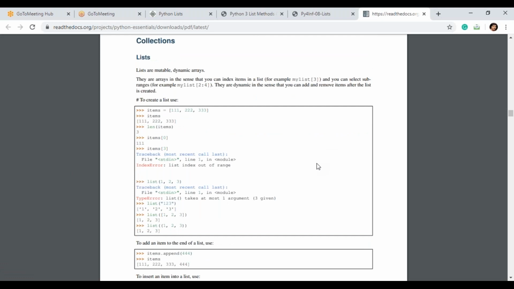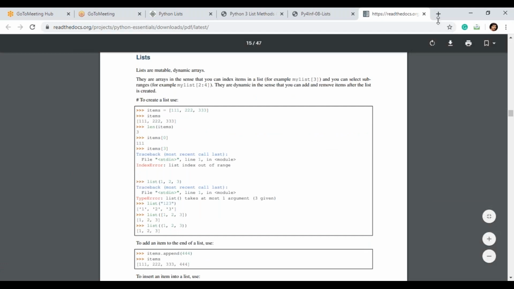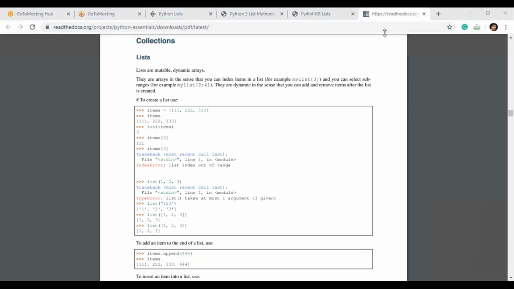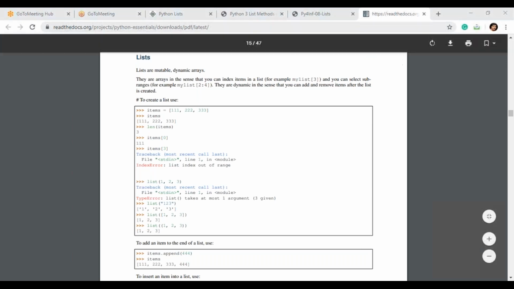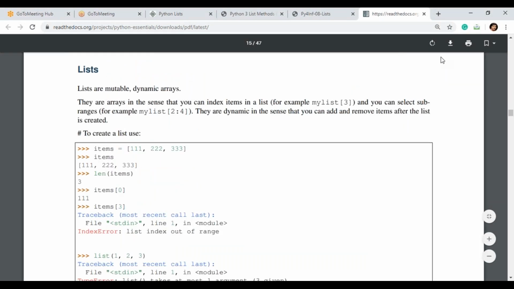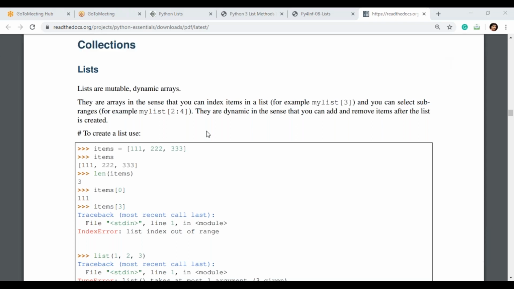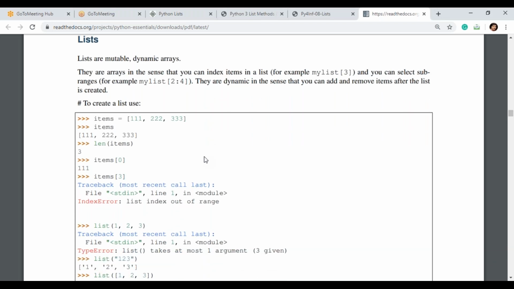Then next, see here. Items is equal to 111, 222, 333. Then display items: 111 222 333. Length of items, 3 will be given. Items of 0, then 111 will show as output. Items of 3: there is no third index.